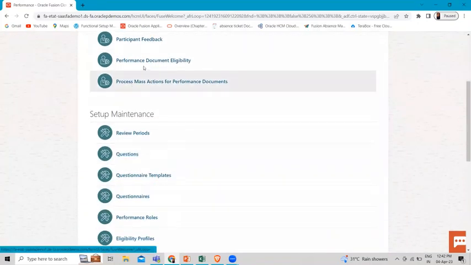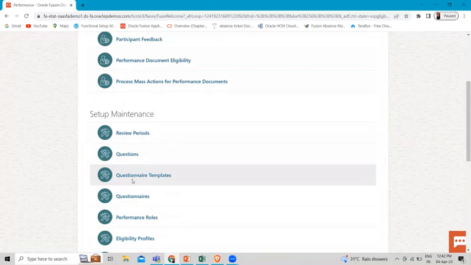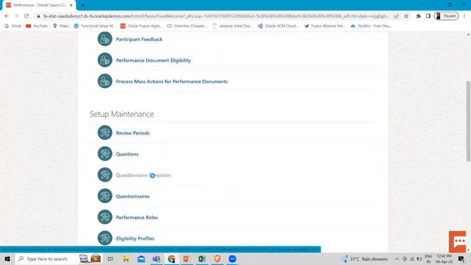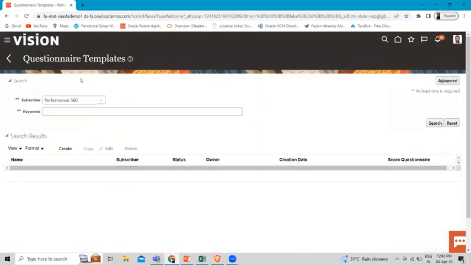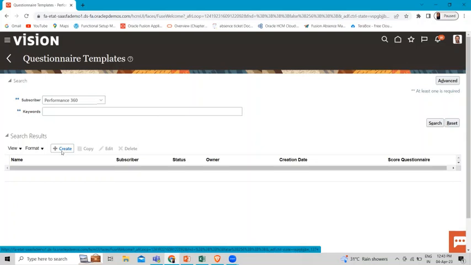And in the setup and maintenance, you can see here the questionnaire template, right? If you just click on it, it opens the standard configuration page. From here, you can create. Okay. The other way is